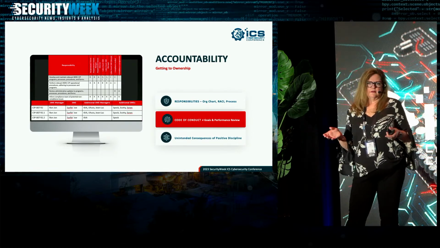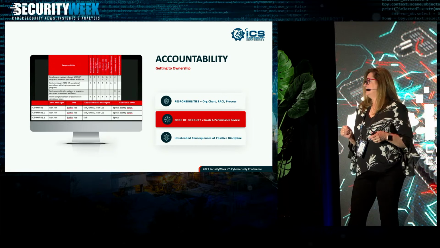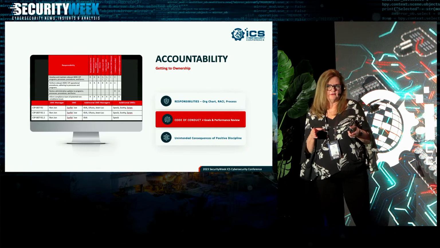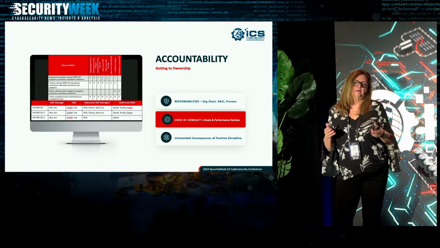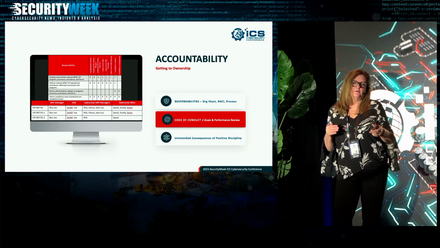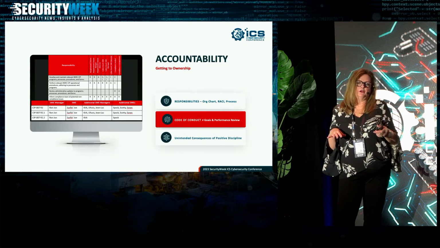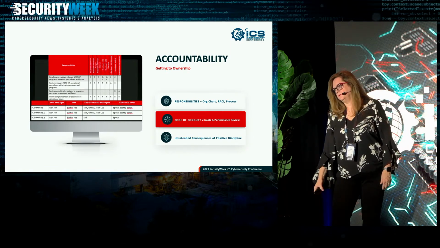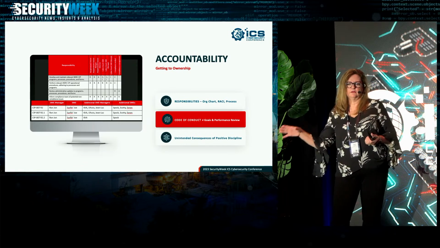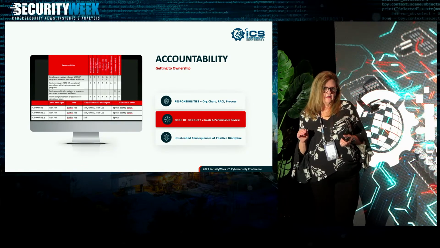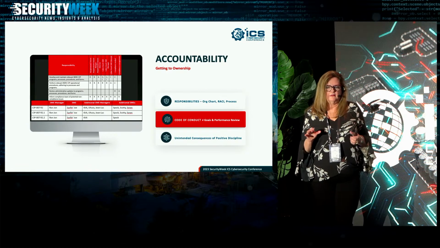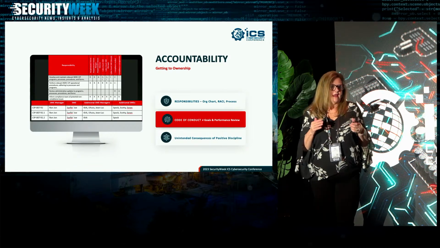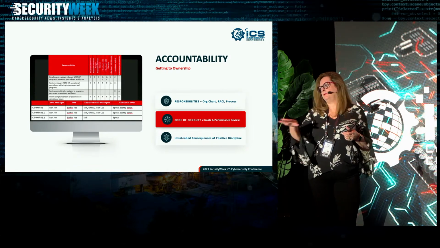So let's take an easy one, I say easy to conceptualize: patching. You're probably going to have one person that's responsible for the process and helping monitor different things and tools. And then you're going to have whoever's responsible to do upgrades on switches, or whoever's responsible for Windows, for Linux, and you might have multiple teams and groups. So one thing to keep in mind in a situation like that is this person responsible for the process and some escalation is usually a peer of the people doing the work.